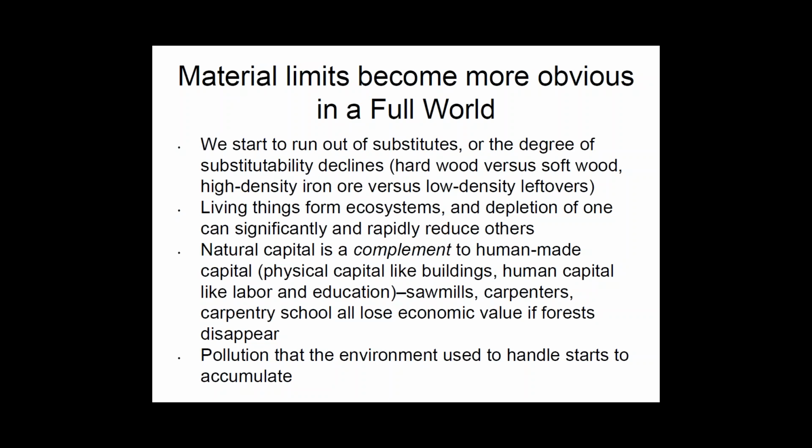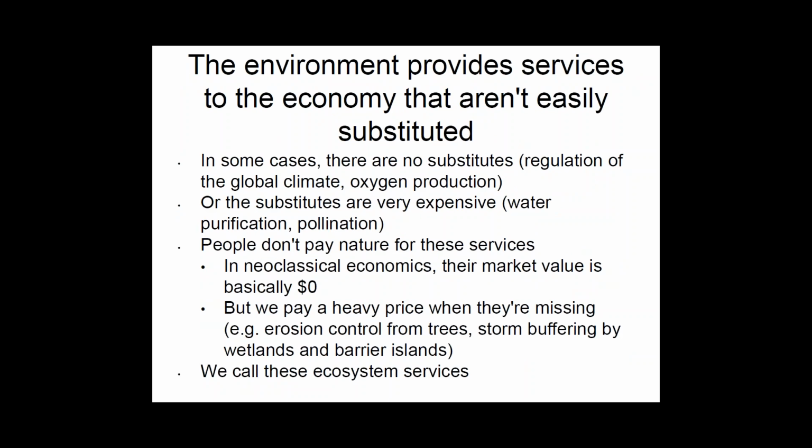And then on top of all of that, we have pollution, and the environment has some ability to handle that pollution. But as we start to remove the natural capital, the ability of the environment to process that pollution, to make it harmless or to reduce its impact, also starts to go down, and that pollution either starts to accumulate or its severity goes up. And so that also has a negative impact on the quality of both the environment and the human-made economy. And so in this full world, where the size of our economy is pushing against the limits of the natural world, these things become a lot more obvious. And again, the argument is that's the world that we're in today.